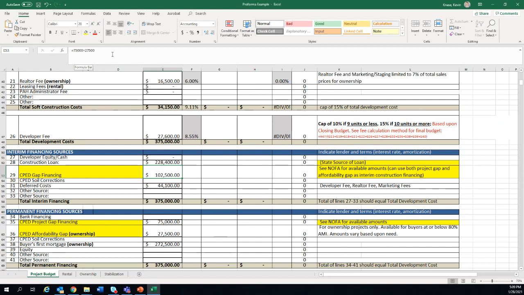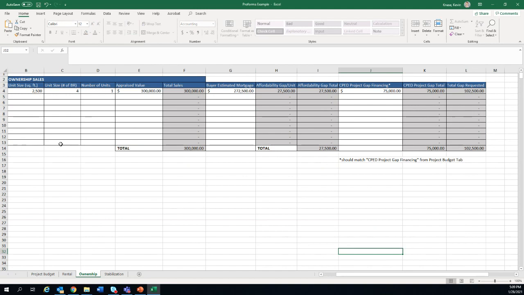And I'll show how we got to that number. It's actually on this ownership tab. So in this project, its appraised value is $300,000. But based upon the max affordable price, which is on that chart I referenced earlier, that max affordable sales price chart, the max buyer estimated mortgage is